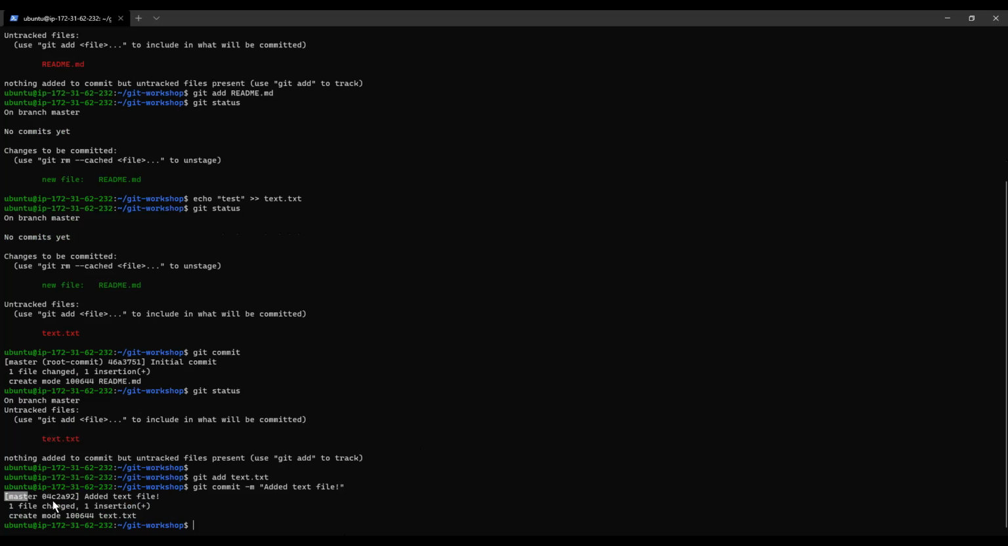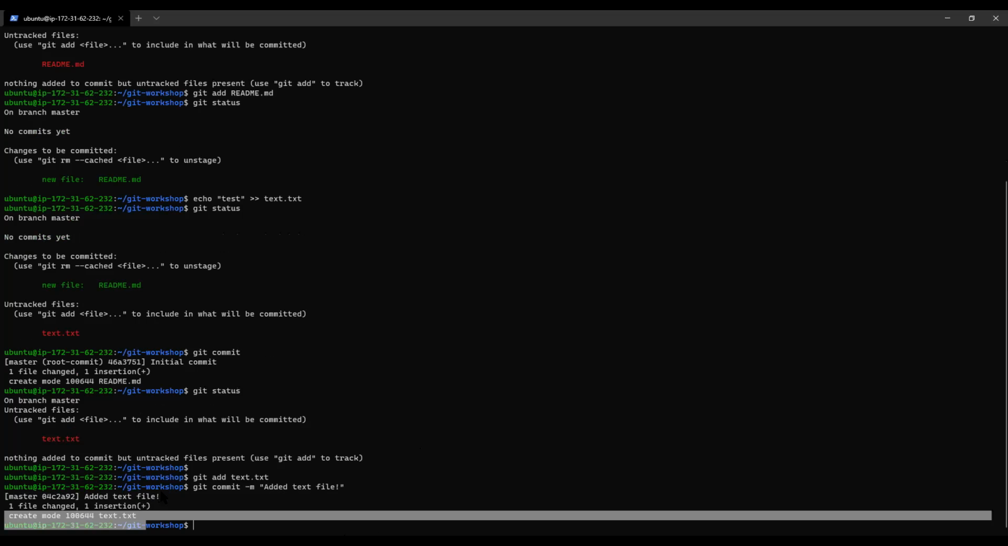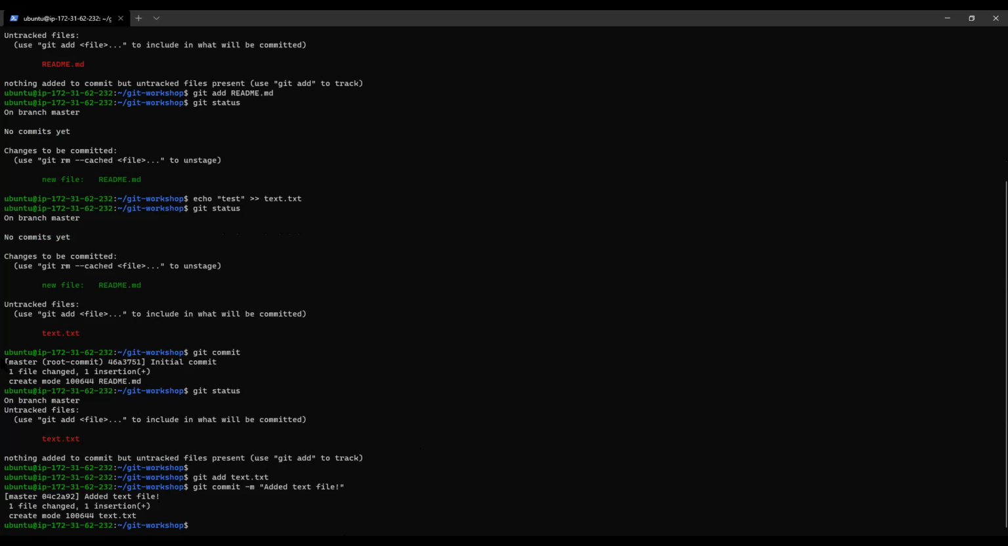So if I commit it, notice how it says it's on master, and then here is the commit hash. Here's the actual message. Again, one file changed, one insertion, and it'll create a history for that. So this output is nice. I can see the recent commit I just made, but what if I want to see, like, three commits back or something? That's where the git log